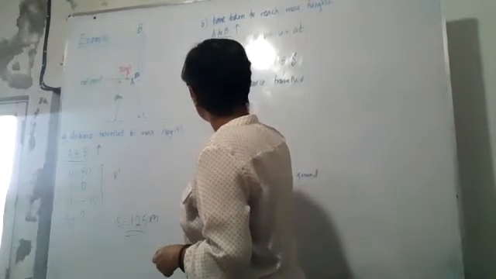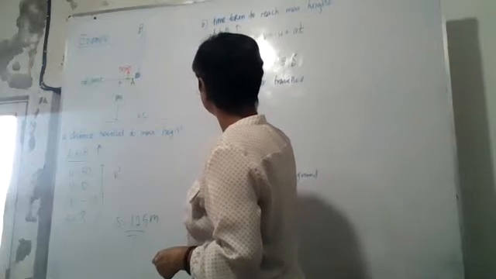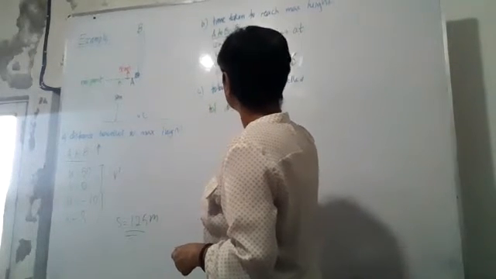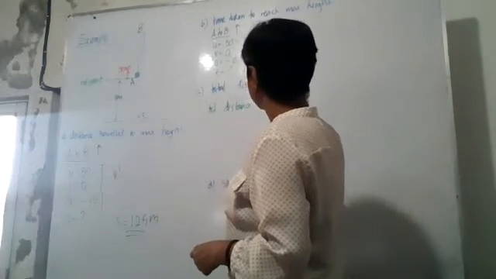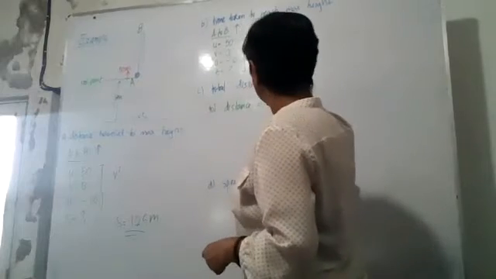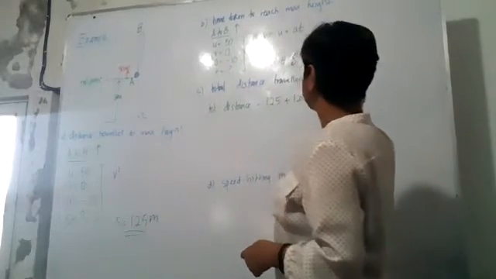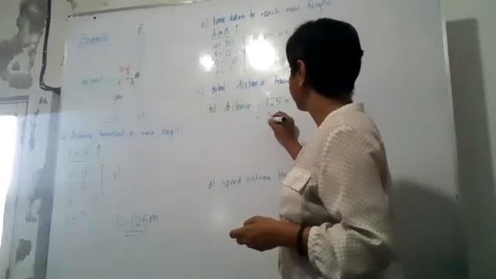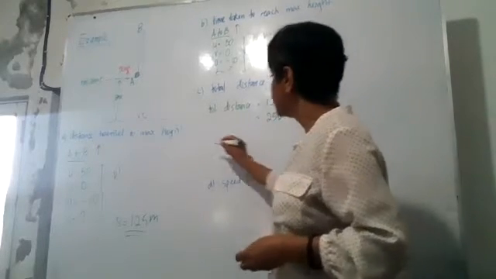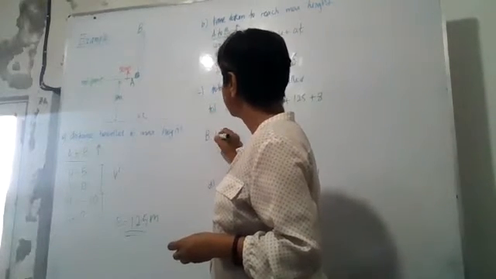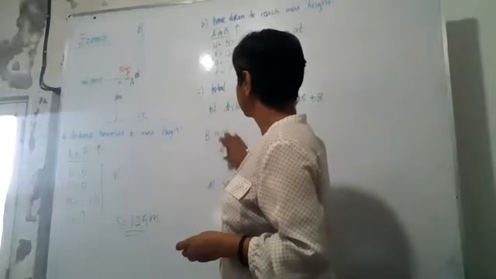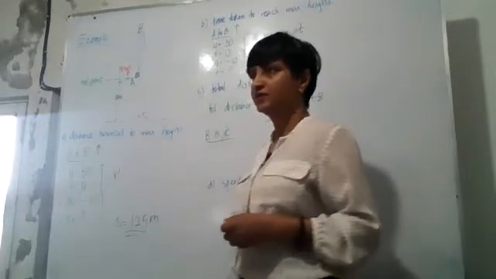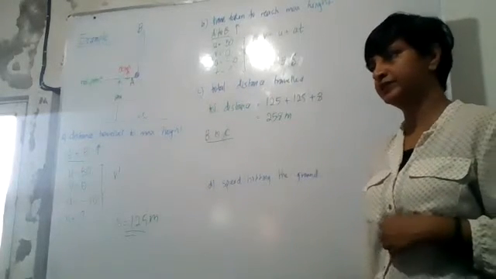125, the total distance is 125. So 125 plus 125 plus 8. That is? That is 258. 258. If you were to apply from B to C, Malik, B to C, do we have enough information to